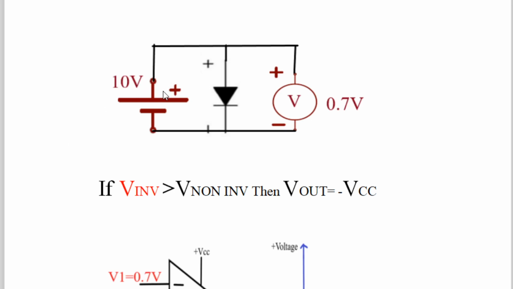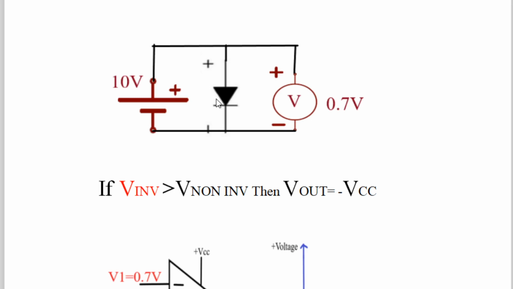All of you know that if you have taken any battery of 5 volt, 10 volt, 12 volt, and you connect the battery to the diode such that the anode of the diode is connected to the positive of the battery and the cathode of the diode is connected to the negative of the battery, in that case, if this voltage is greater than 0.7 volt, the diode becomes forward bias, because the applied voltage is greater than the internal knee voltage, that is called barrier potential voltage. Therefore, the diode will become forward bias.